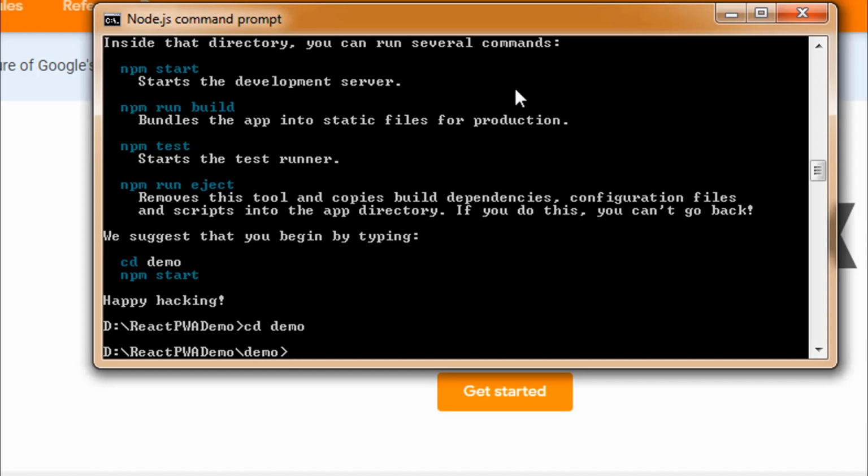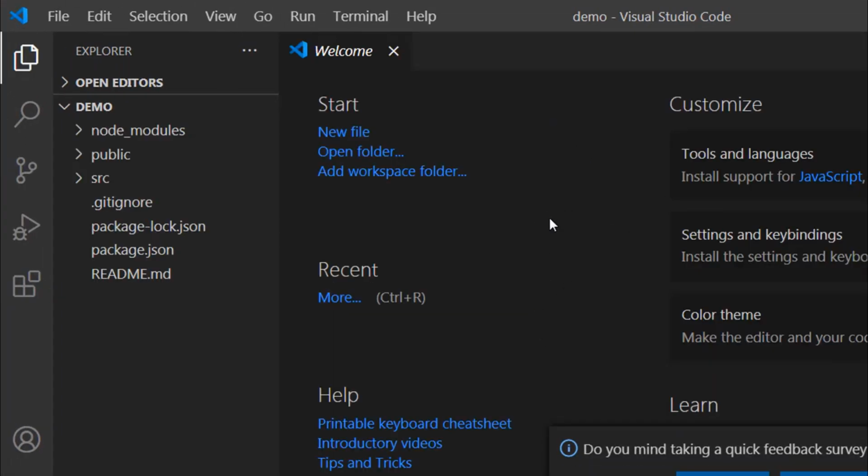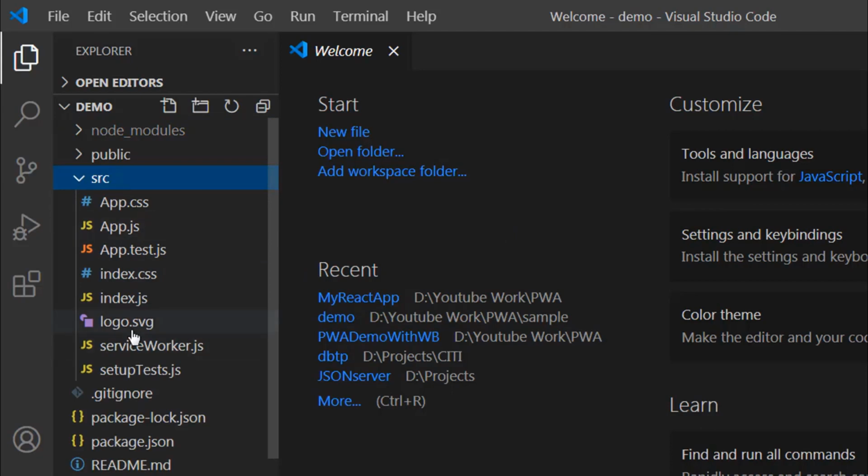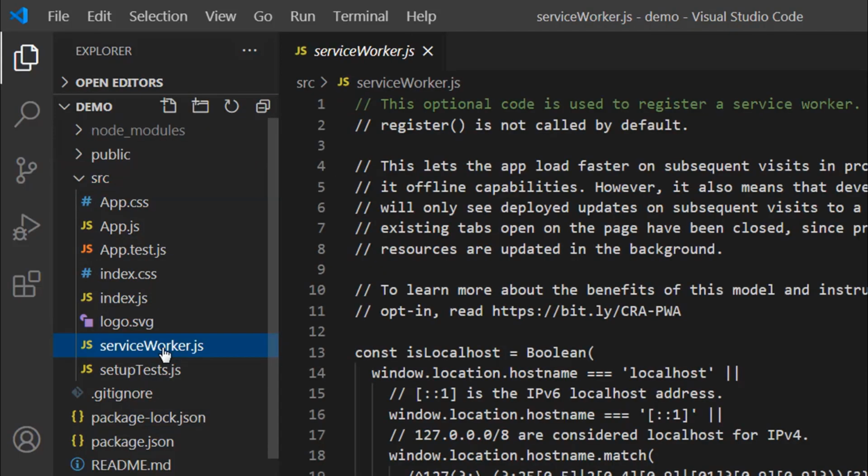Then, I will open this project in Visual Studio Code. I can do this by hitting code space dot. Then I hit enter. In the Solution Explorer, we can see all the source code. Our objective is to add progressive web application features into this React application such that it scores 100% on the Google Chrome Lighthouse Audit. Now if you see here, there is a file called serviceWorker.js which has got logic